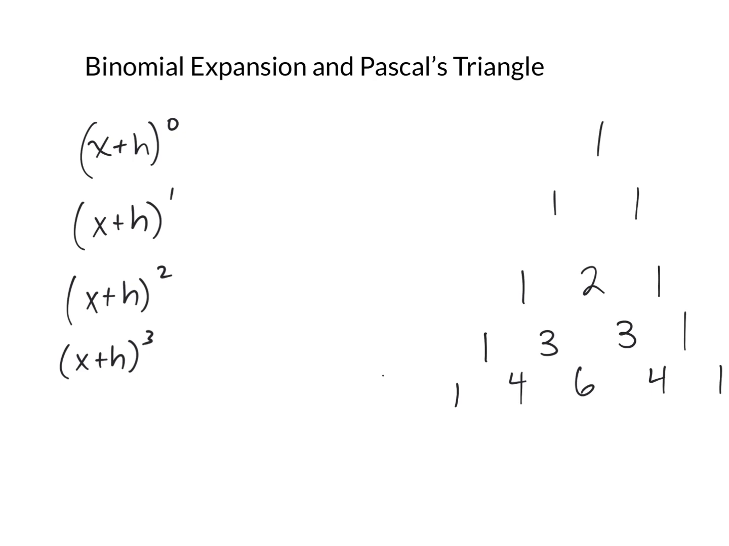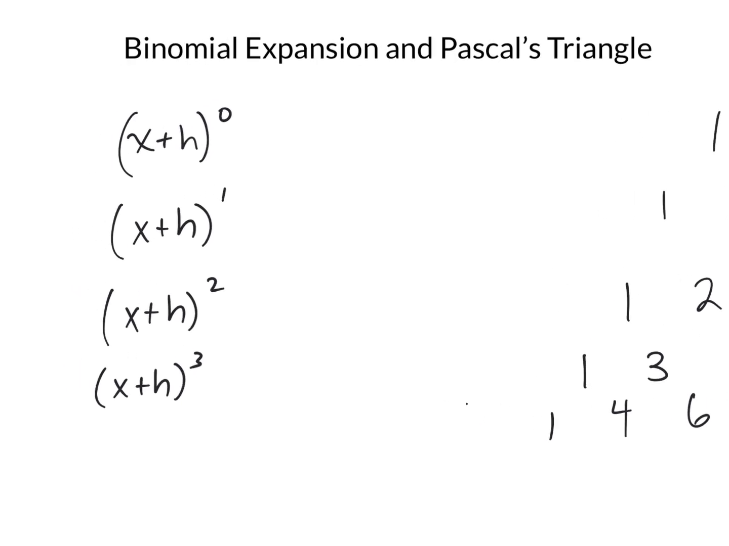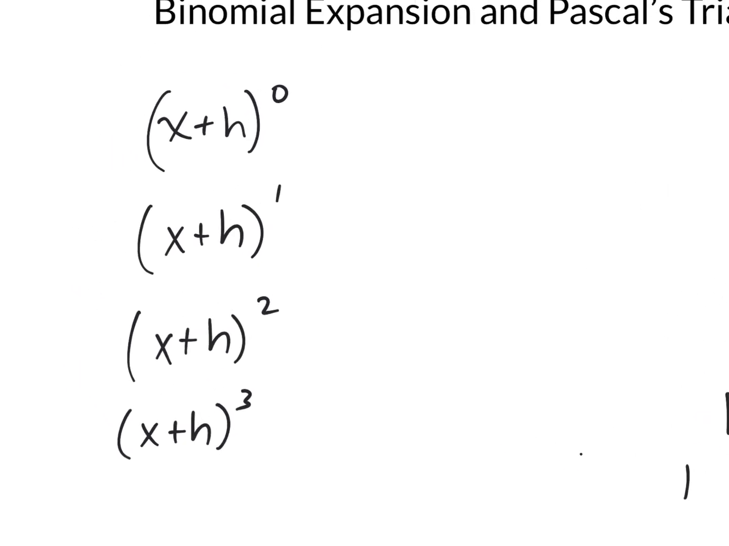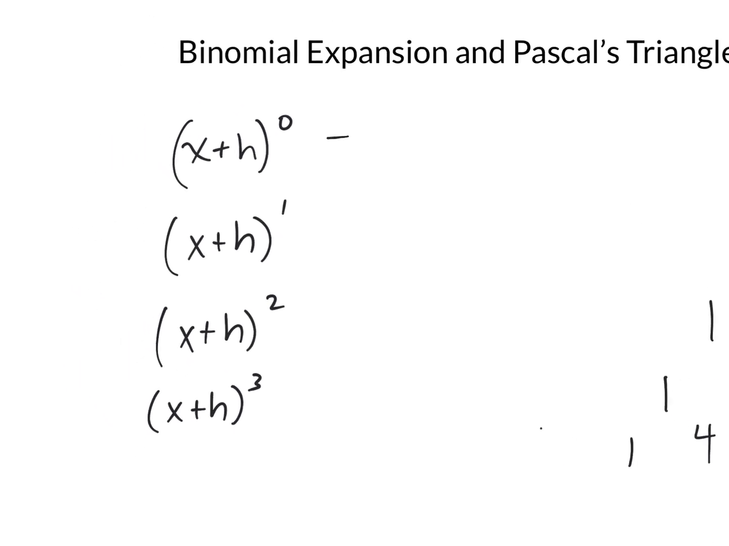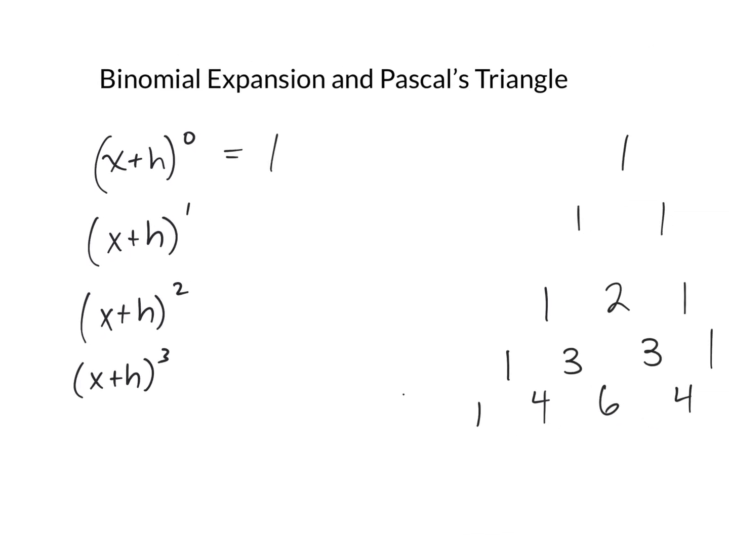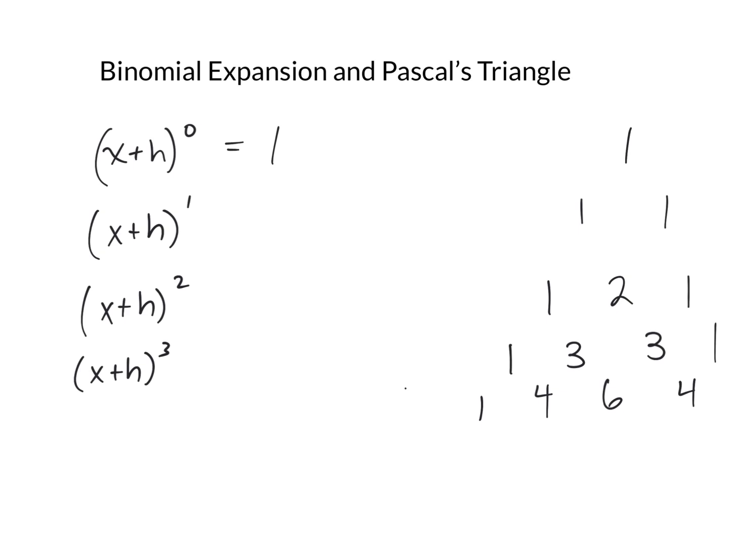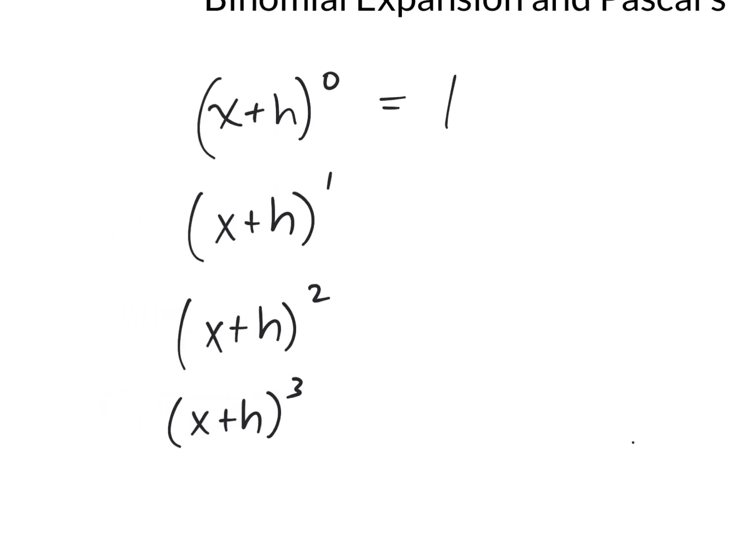So here on the left, I have some binomials, remember two-term polynomials, and they are all raised to a different exponent. So if I were to raise x plus h to the 0 power, I would get 1, because anything to the 0 power is 1. And let me work through a few of these and we'll find the pattern. If I were to raise x plus h to the first power, I would get 1x plus